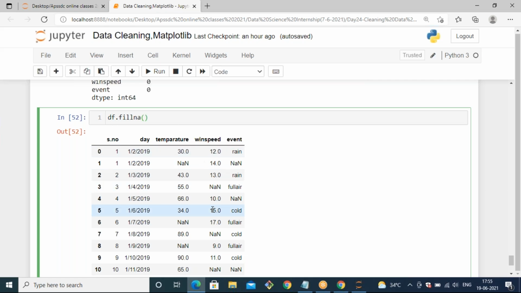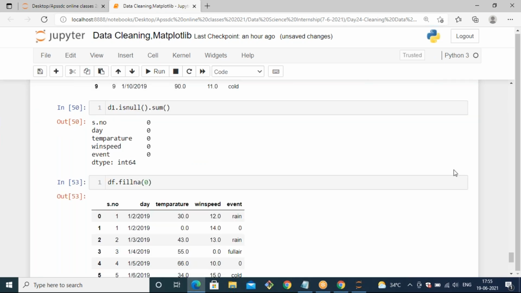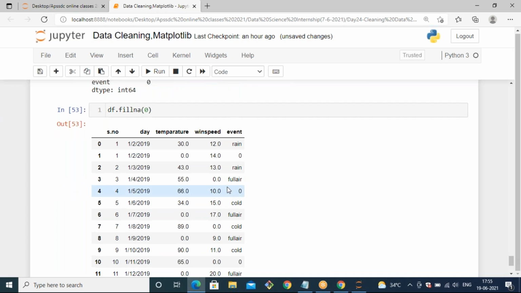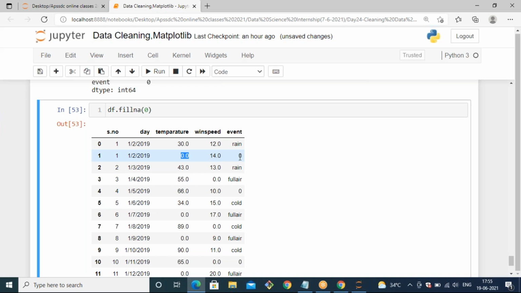Now let's see. We have a data frame like this with some none values. I just want to fill these null values with 0, by passing 0. Now you can observe all the none values are replaced with 0. Previously, we had NaN values in the first row, in the temperature column and the event column.